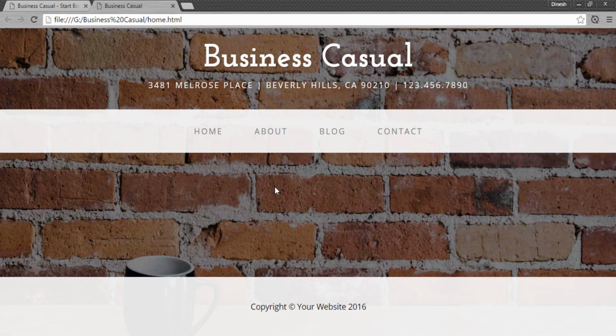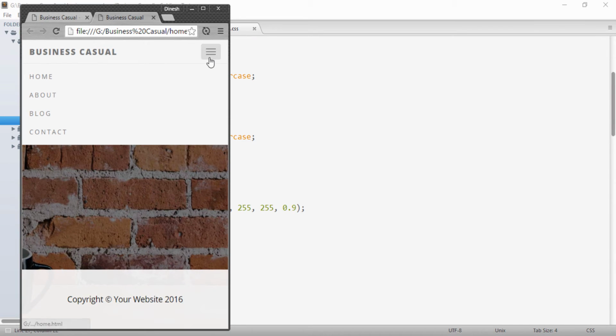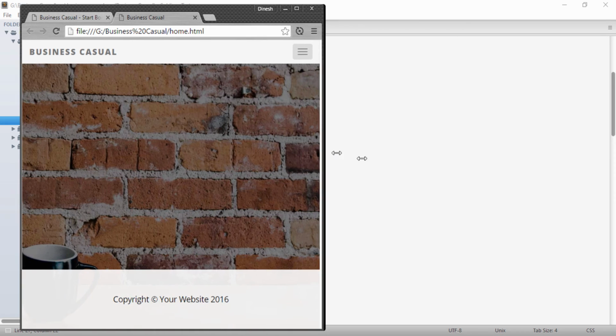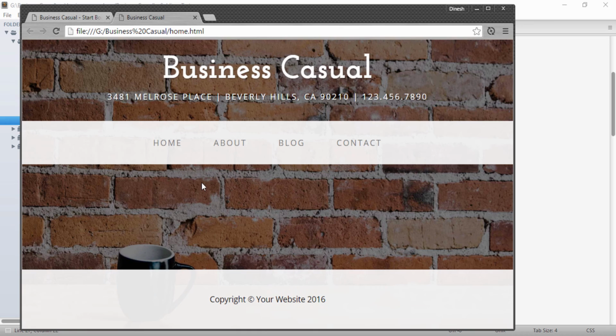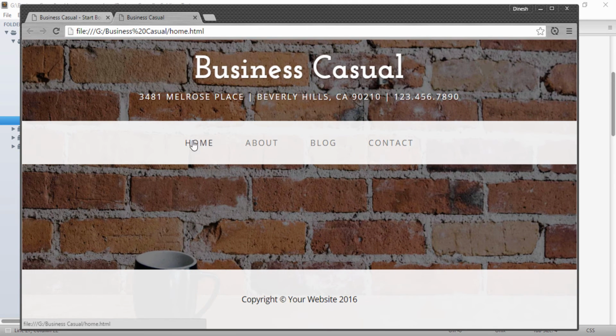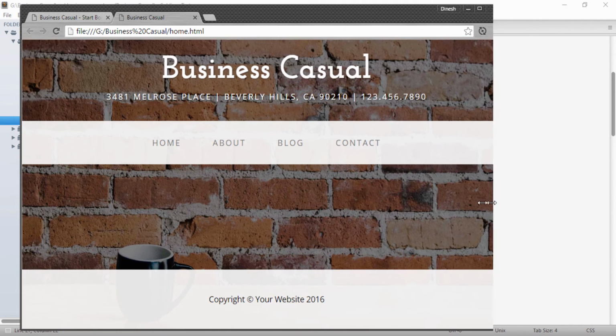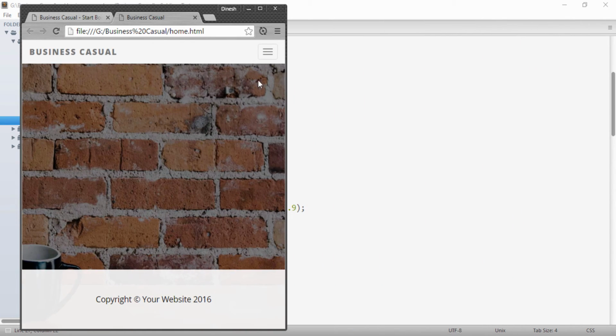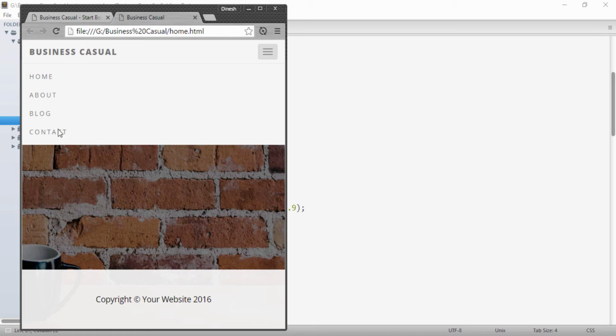So in this tutorial we discussed how we provide a navigation bar when the website is opened on, say, a mobile. Here you will see that we have made our navigation bar responsive. So when it's on desktop, it will be visible like this, and when the website is opened on a mobile, it will look something like this.